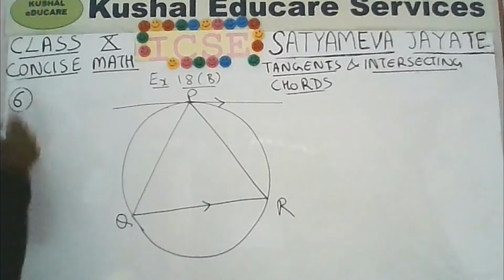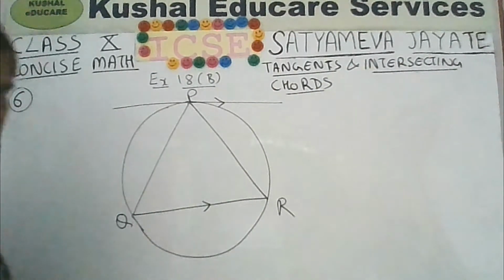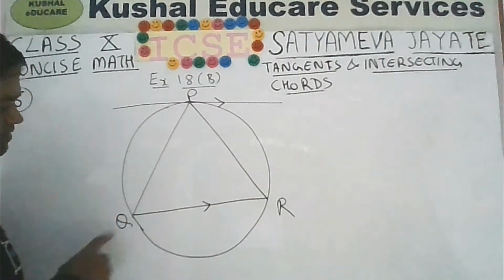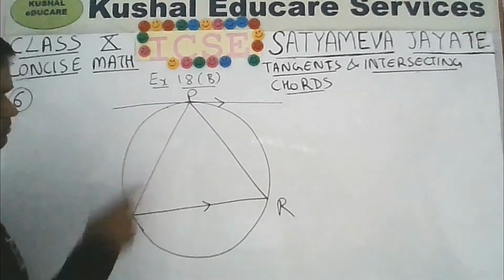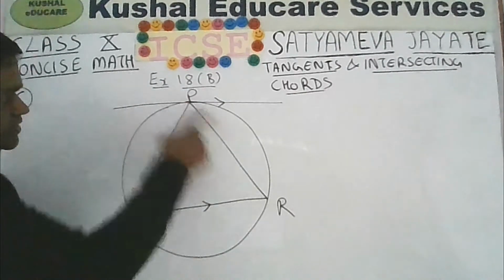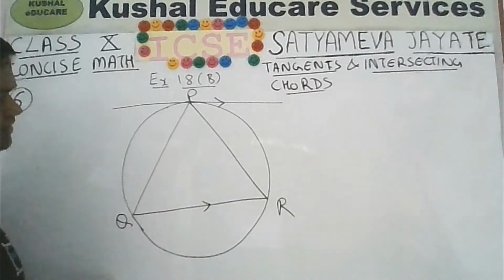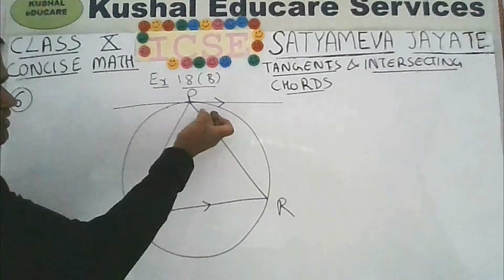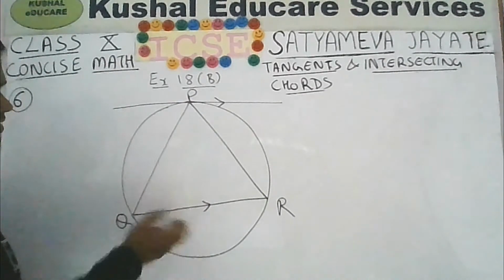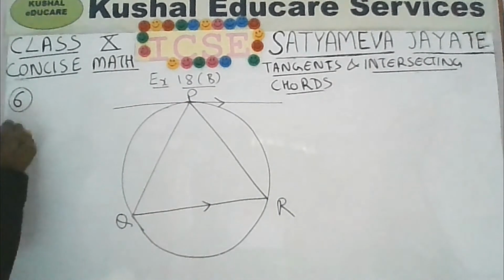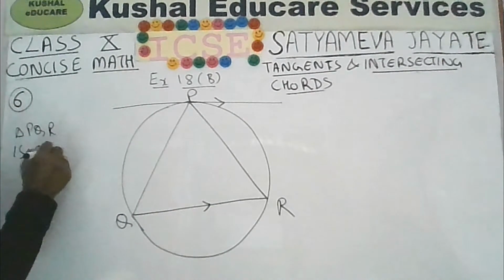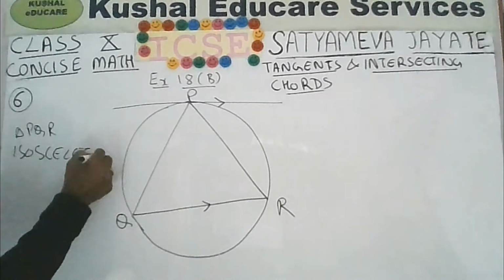So for question number 6, again they have not given the figure. If you draw the figure from your own side, we have a triangle PQR and it has been given that you are having a circumcircle. Circumcircle means your circle which is surrounding the triangle and touching all the vertices, 3 vertices. Okay. Tangent at P has been given, indicated that it is parallel to this chord QR. So what we have to do is prove that this triangle PQR is an isosceles triangle. So again this is a simple problem.